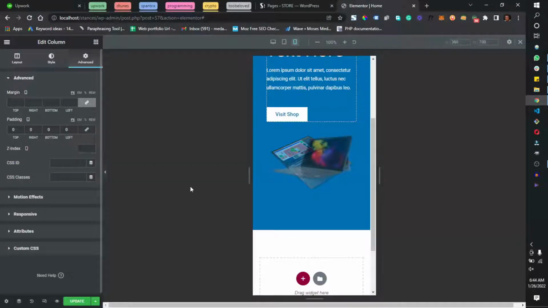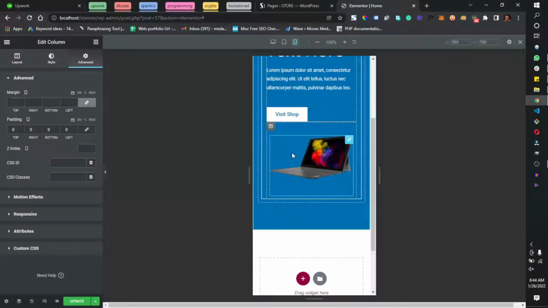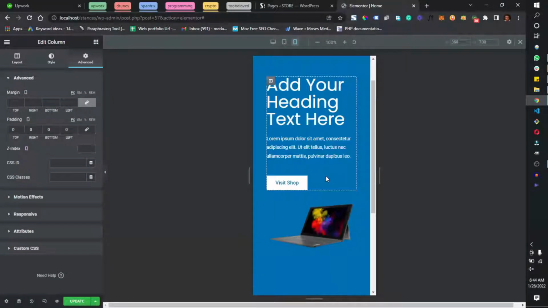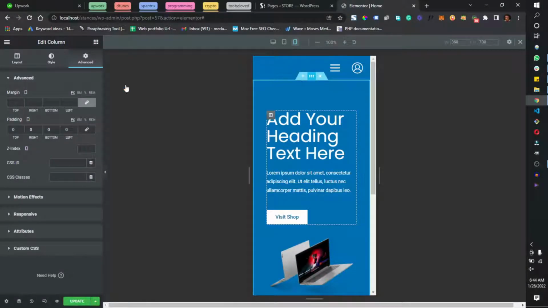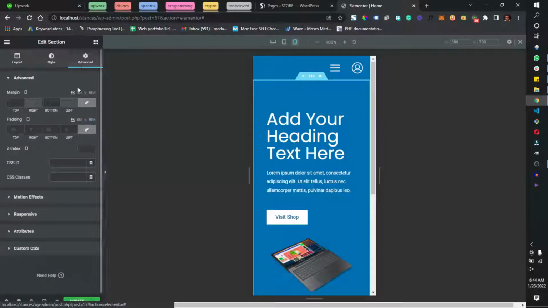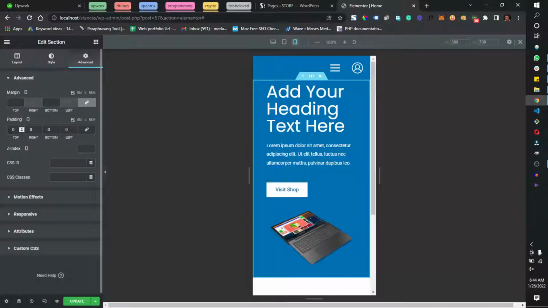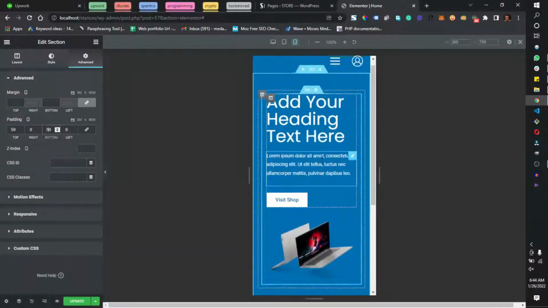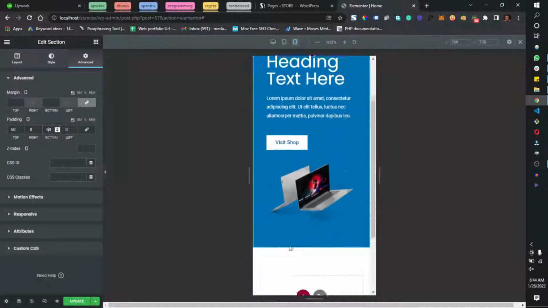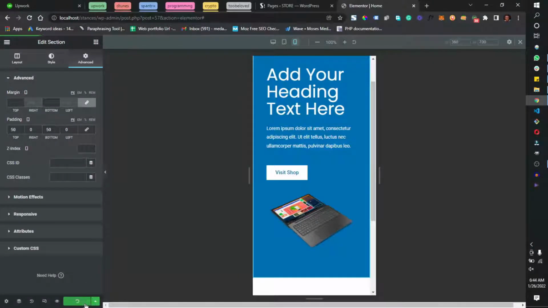I think this is cool for me. This is perfect. I'm going to select the entire section, and I want to reduce the padding top and bottom to something like 50, bottom 50, and side left is not important. We have this. I'm going to click on update,